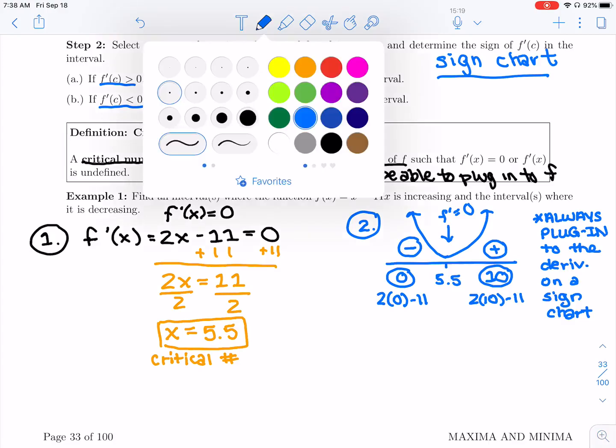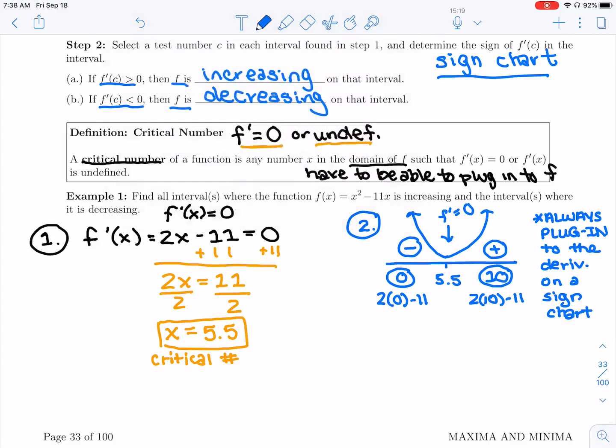So we're going to write our conclusions to the sign chart. Let's write them off on this side so we leave some extra space to come back and talk more about this. So where is the function increasing? We're actually going back and answering these questions. It says, where is it increasing? Where is it decreasing? So it's increasing after 5.5. So I would write 5.5 to infinity. That's where it has a positive derivative. And then decreasing